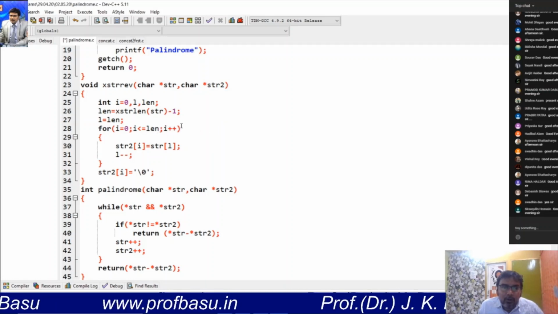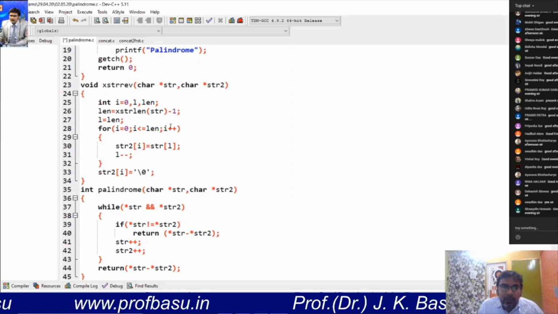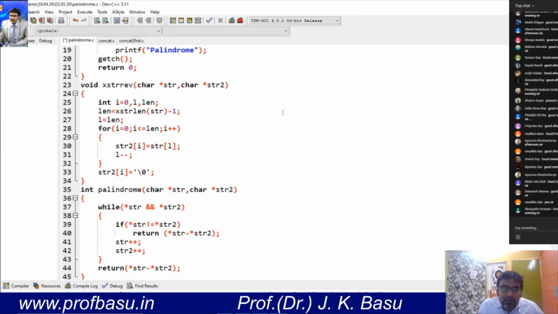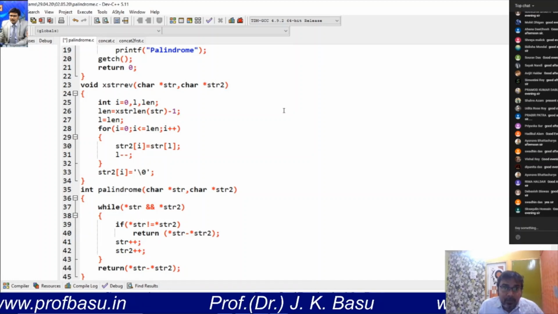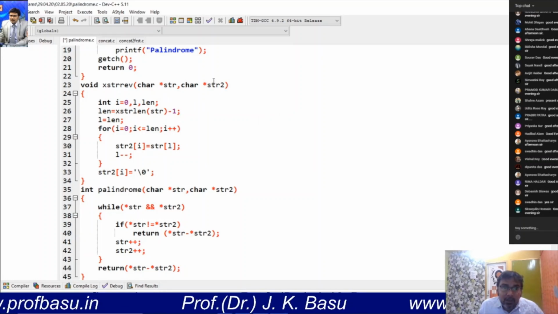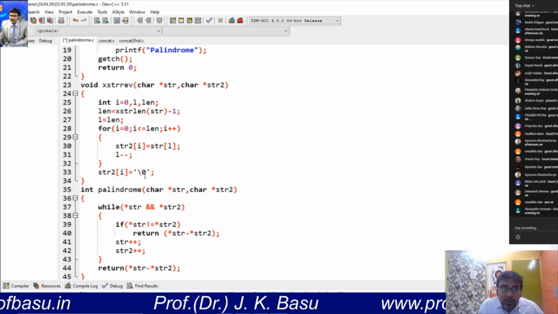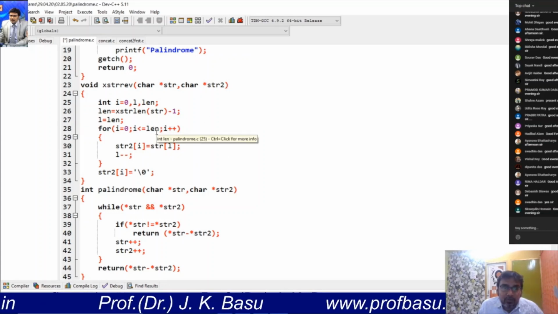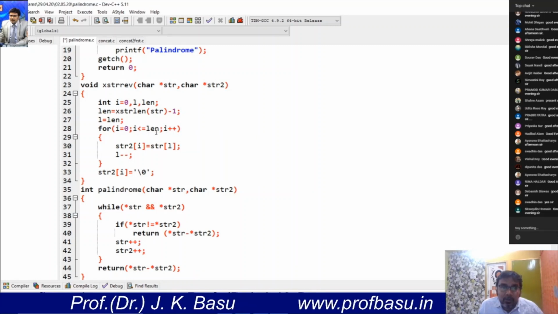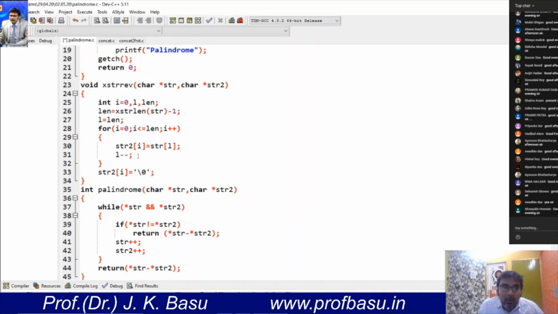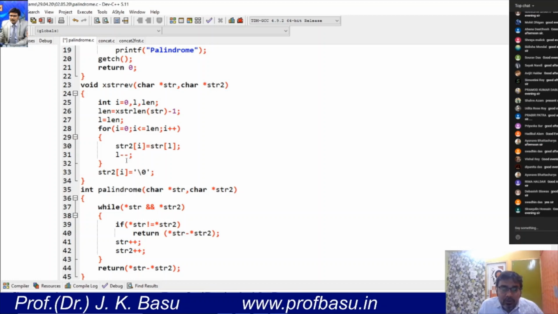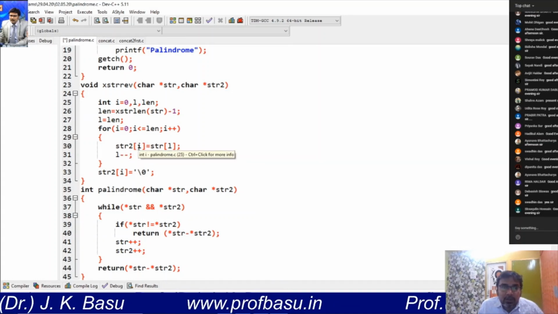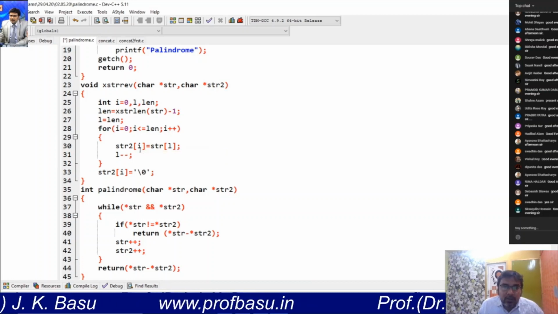When the value of I will be 3, then we are storing the last character, meaning the first character of the str2, right? Now I plus plus, I will become 4, then the loop will be stopped. Okay, the condition will become false. So now up to this point str2 has got the characters for BBIT